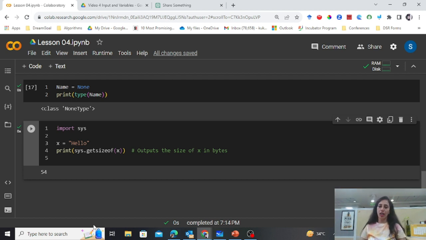So that was all about various data types, how you can check the type, how you can check the size. In our next video, we are going to have a look at various operators which you can perform on these data types. Till then, I would suggest you start practicing because now you are about to enter lesson 5